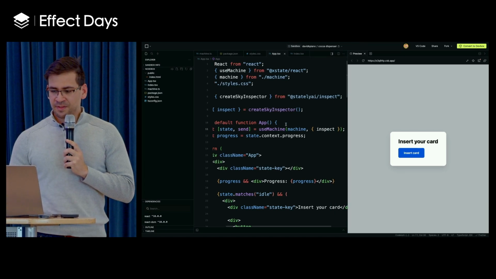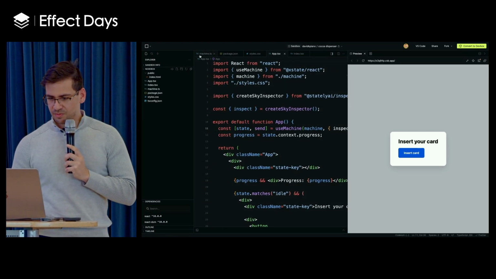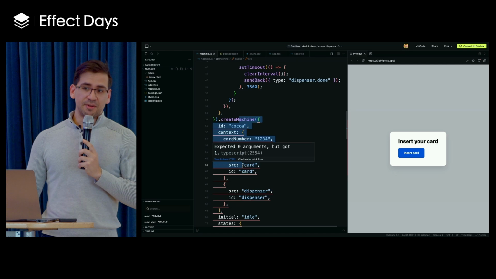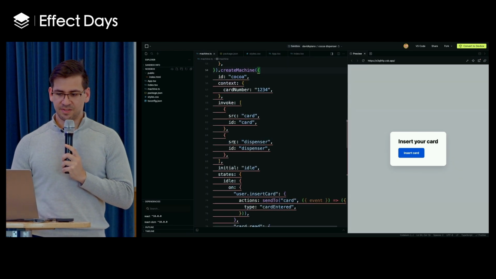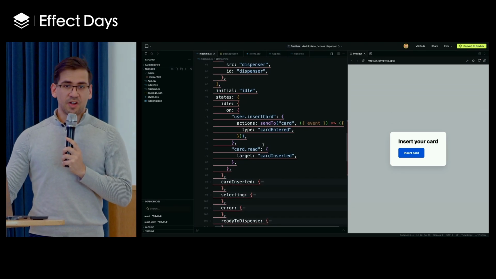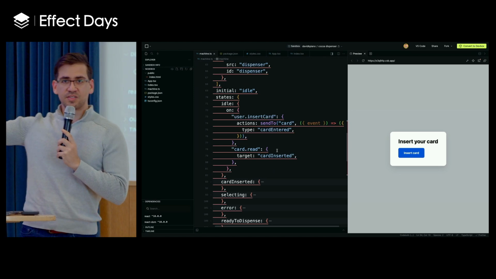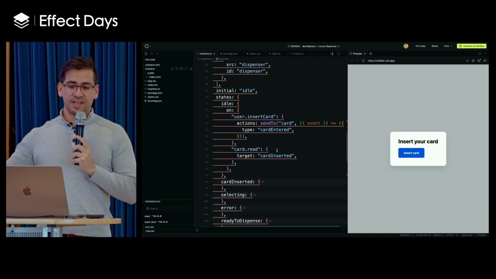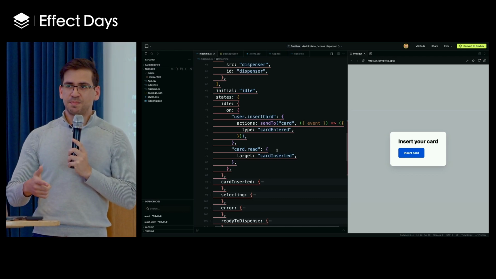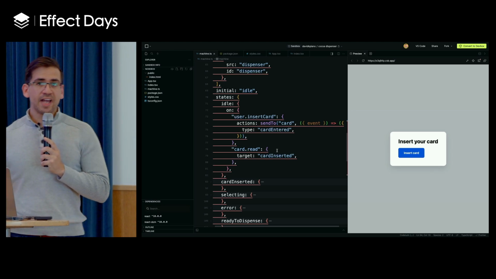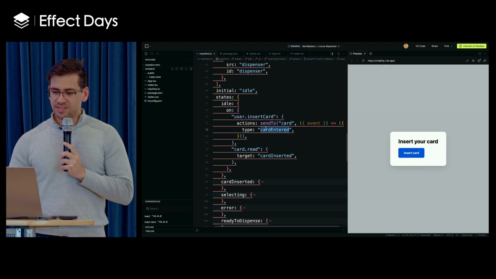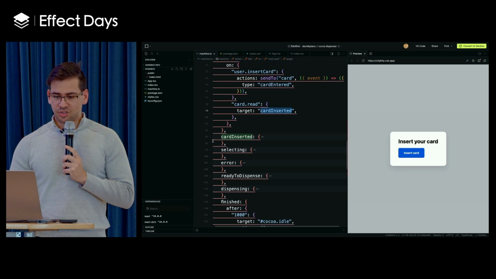So in this example, I'll go to the state machine real quick, and I'll hope that the Wi-Fi works. By the way, this is because CodeSandbox is using an outdated version of TypeScript. It's not my fault, so ignore the red squigglies. But basically what's going to happen is that a user can insert a card, and so that's going to send an event to a card reader. And so the card reader will say, I read the card, and then I validated the card. And that's an interesting concept because it's not just a promise. We're actually waiting on multiple events. So we get that the card was entered, and that the card is eventually valid.